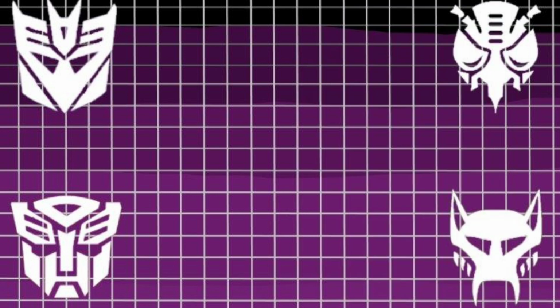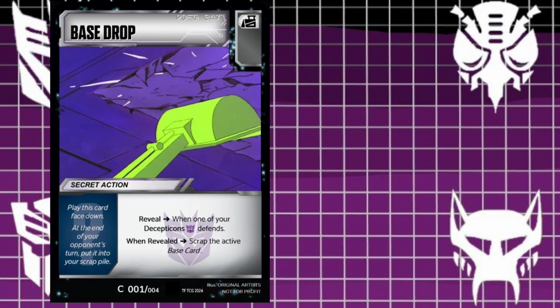Let's look at one more that's going to be Base Drop, which is another, guess what, a White Pip secret action with the Constructicon trait on there. Reveal when one of your Decepticons defends. When revealed, scrap the active base card. And it doesn't matter if it's yours or theirs. Only